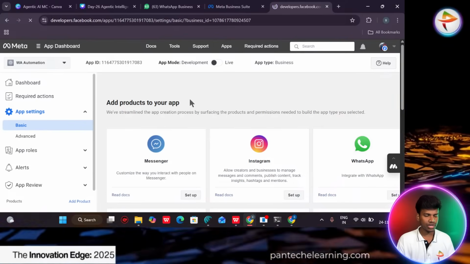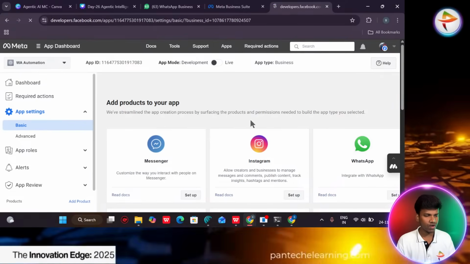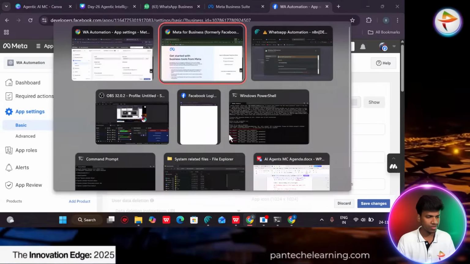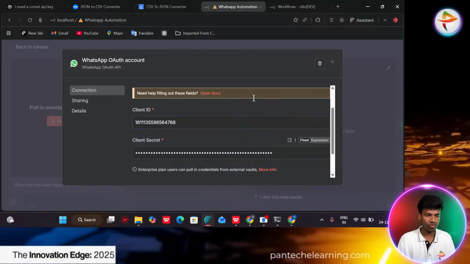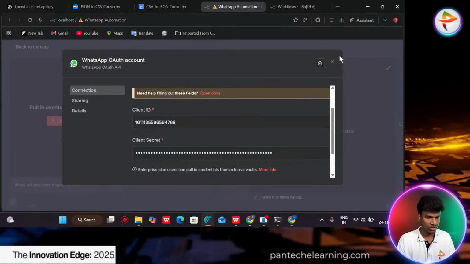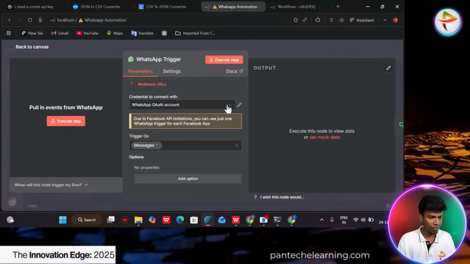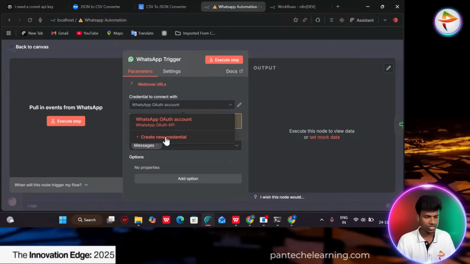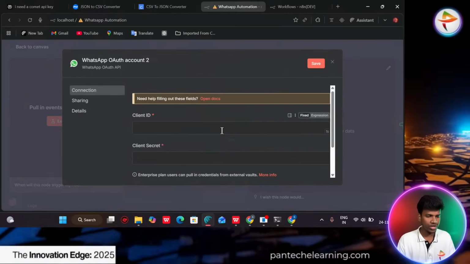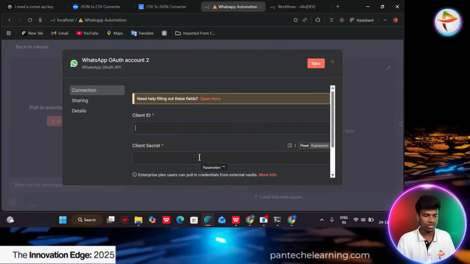So we have to click like a basic, because for our purpose we need an ID, right? Where is our node? Yeah, here, client ID and client secret key are important for our process. So that's why, now I can newly open the WhatsApp authentication account. I can create a new one. So a new credential I have to create here. Now we need a client ID and secret key also.